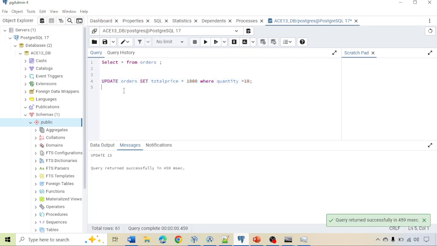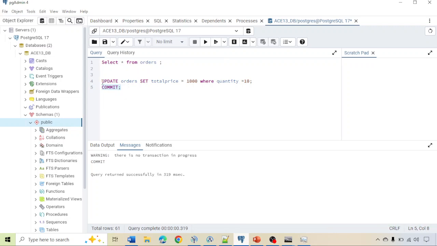Okay, executed successfully. Let me commit this also. Commit is just like a saving. So committed successfully. So now let me